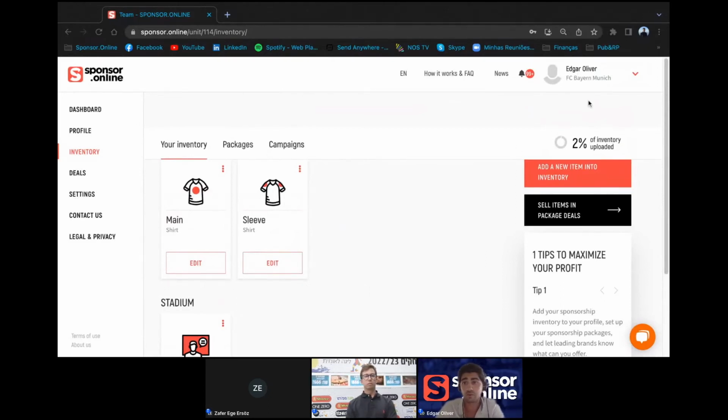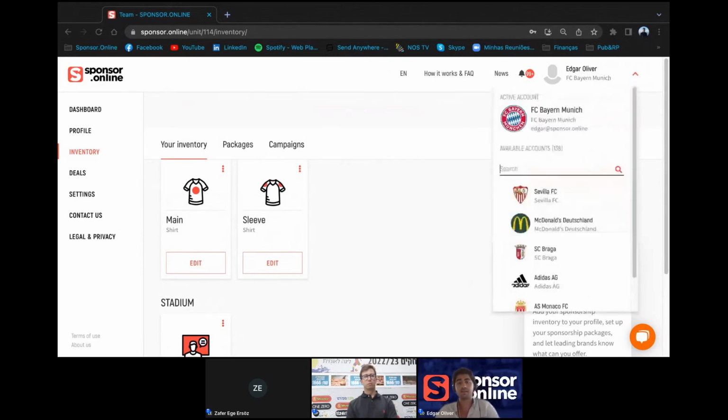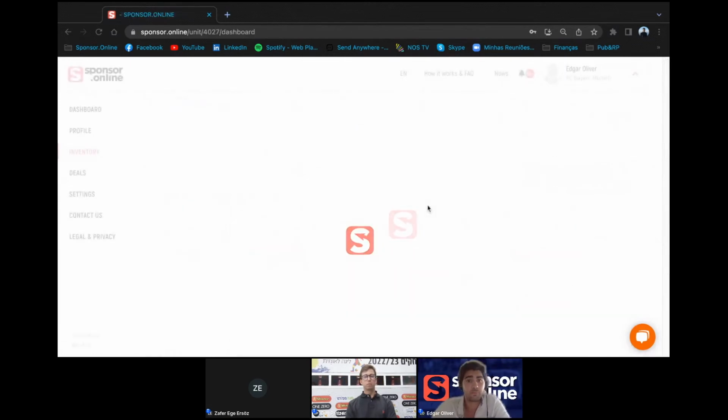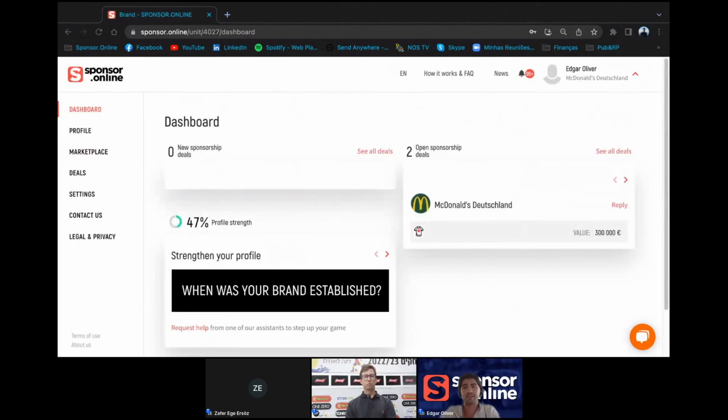Let me now move forward to the brand's perspective, because it's also important to mention this is good for the club's side to improve their revenue, because they will have much more space available to sell on their backdrop. But it's also good for the brand's perspective, because brands now, instead of only having their static logo showing up on the backdrop, they can, as Guy was showing in his examples, be much more creative. They can improve the visibility of their brand. So this works both for the brands and for the clubs.